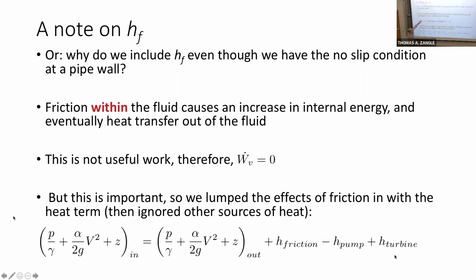So the question was, when we developed this form of the energy balance, we previously said that the viscous work is 0 because of no shear at the walls. But when we developed this from the energy balance, we included this head friction. And I said that it's going to become really important when we start dealing with internal flows later in the text, chapter 6. But why? Where does this term come from? We get rid of the viscous work term. Where did this term come from? It didn't come from the viscous work.